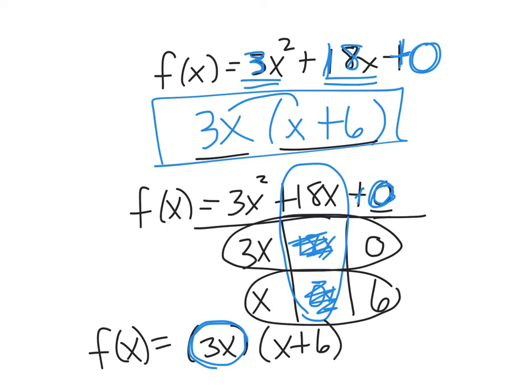Do you want to do one more example of this type? I bet you probably do, just because of how tricky or complex this can be. Let's try one last one. Now, I wasn't planning on doing one last one, but I can sense by you watching this video that you might be a little bit iffy on this possibility. So let's do this. F of x equals 4x squared